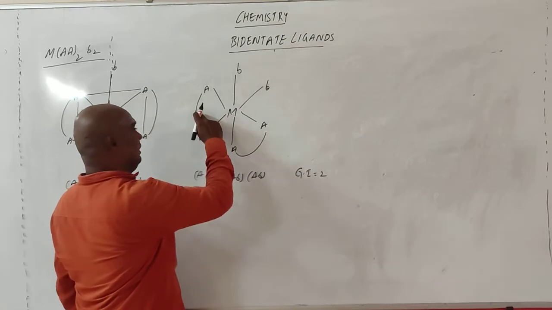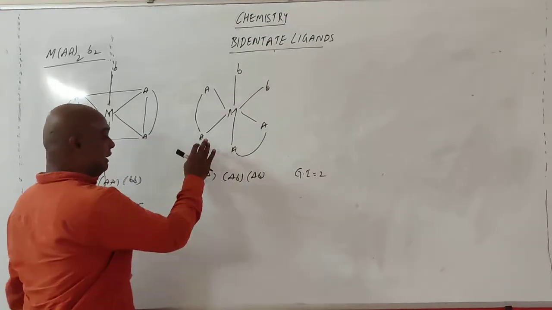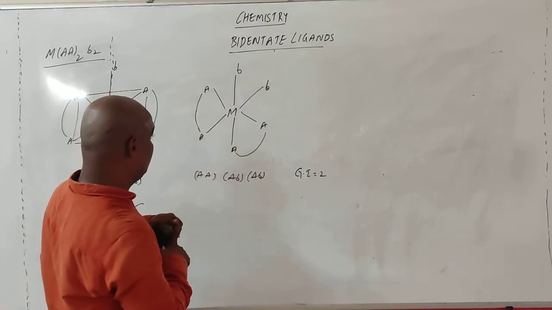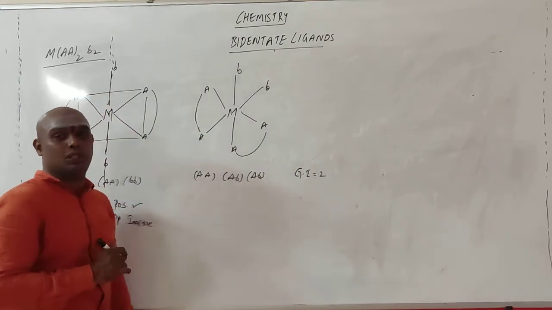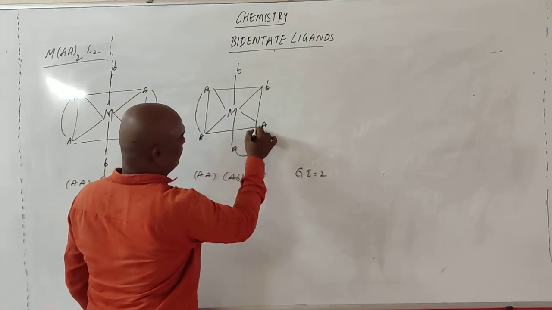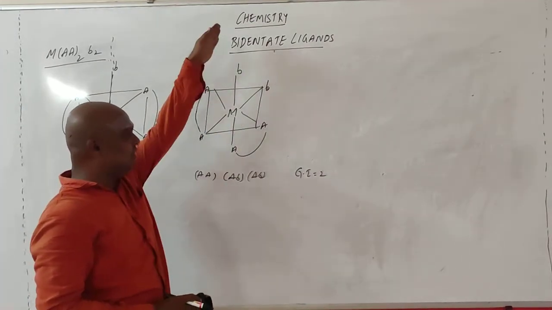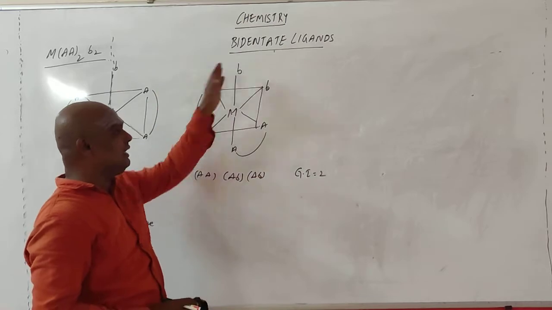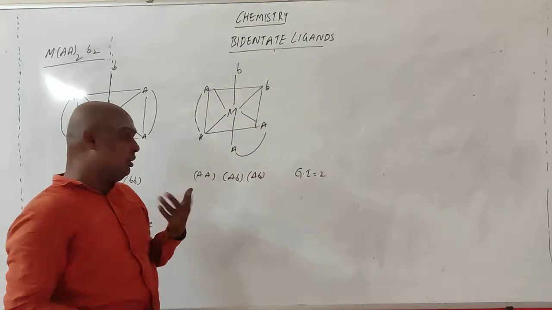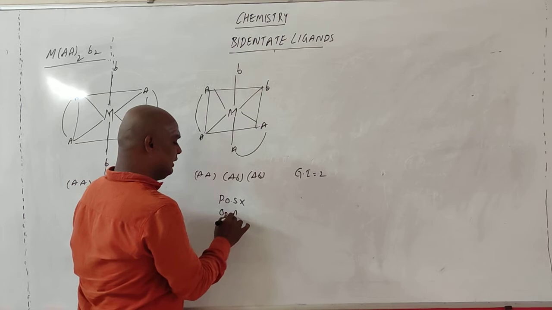Suppose you go for this set. What can you say now? This one, optically active or inactive means checking the plane of symmetry. You try to cut that molecule. If you cut the molecule like this, upper B is present, lower A is present. If you cut the molecule like this, this is AA, this is BB. If you cut like this, this is BB and this is AA. So plane of symmetry, what happened? It is absent. So optically active.